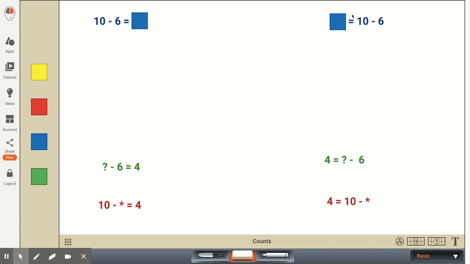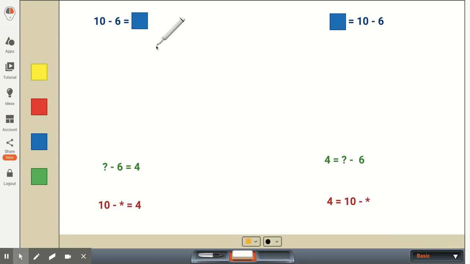Same with this equation, they would go through the same process to determine that the left side of the equation should be equal to 4 since the right side of the equation is equal to 4. And once again, for our students that may not have complete command of their fact families and of their making 10 strategies, they may have to say to themselves, 10, I need to take away 6. They may need to be using counters or a number line, or they may be able to be using just some dots.